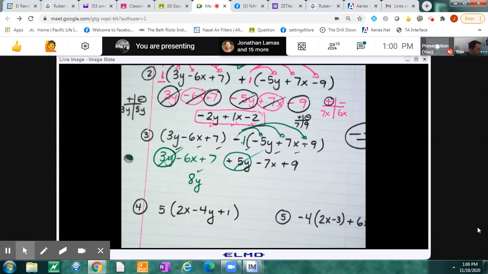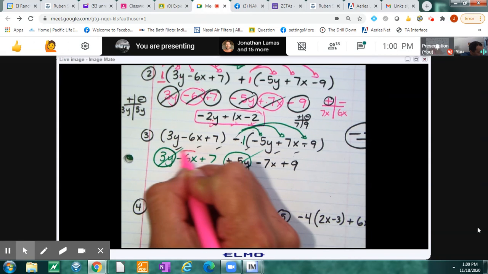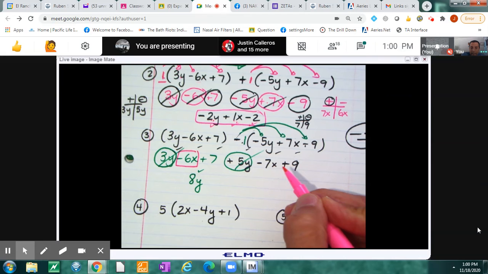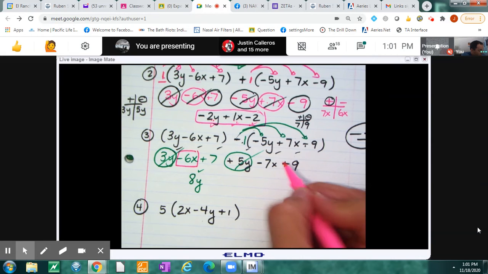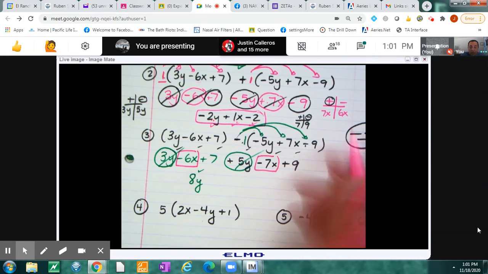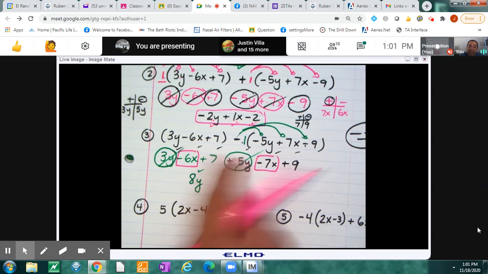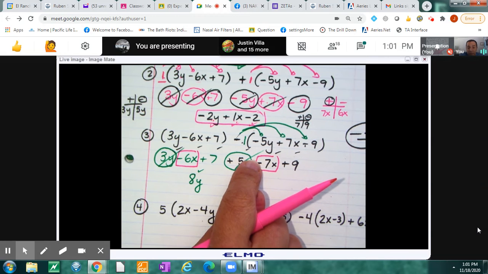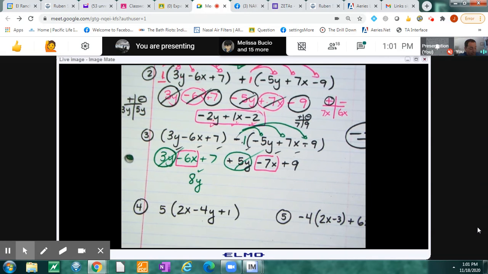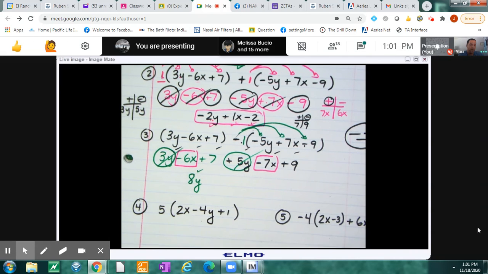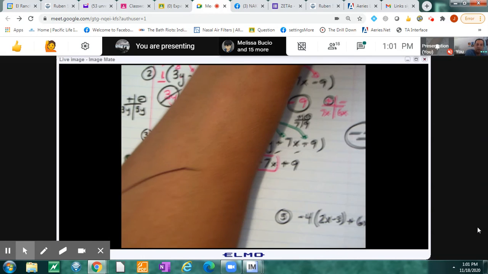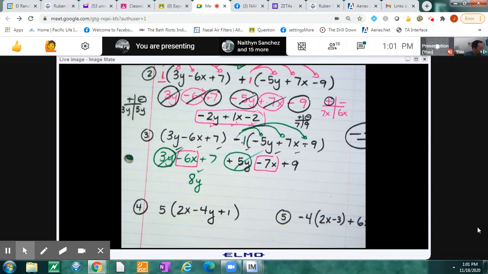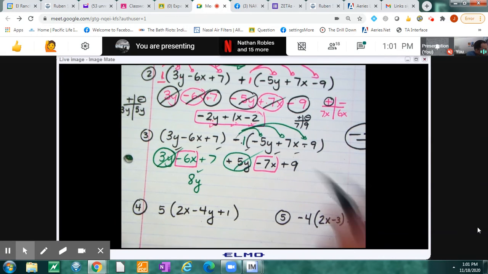How about the x's? X's. Negative 6x with what? Negative 7x. Right. And some kids are going to go, oh, negative and negative is a positive. Yes, but only when you multiply. But if you do the, look here, I just wrote on myself. Sorry, man. All right, so then if you do my T-chart,